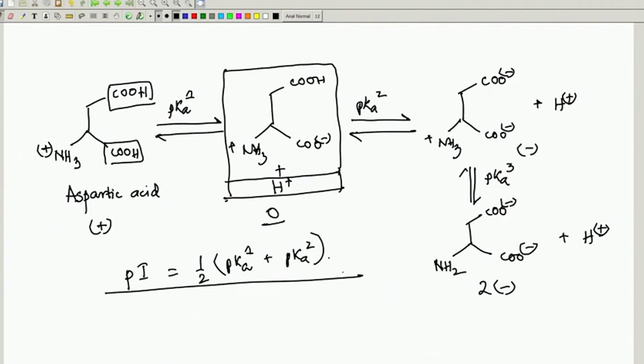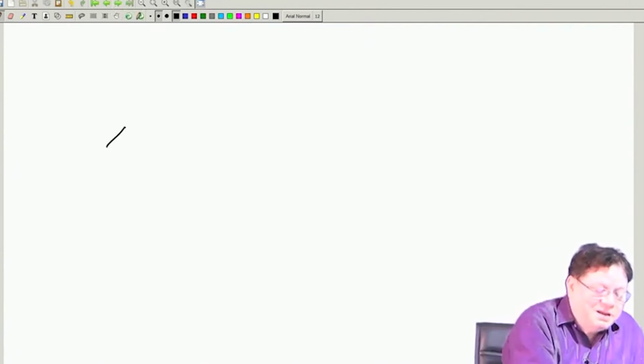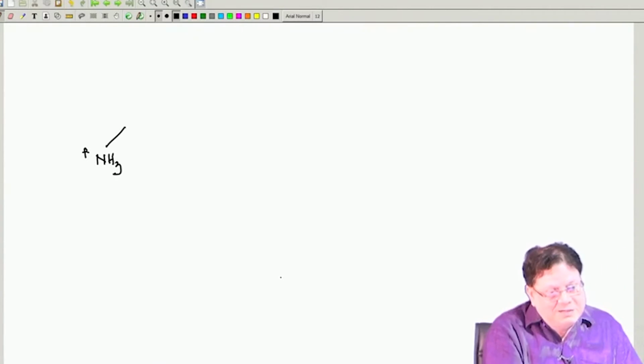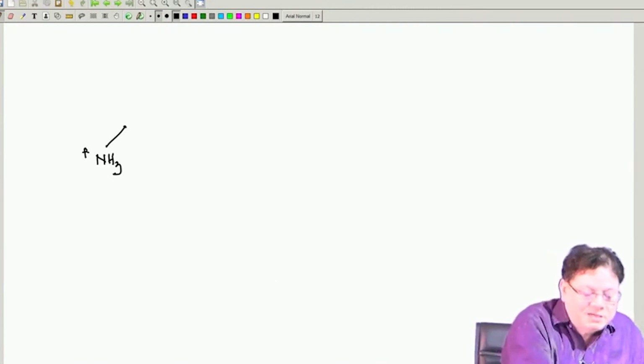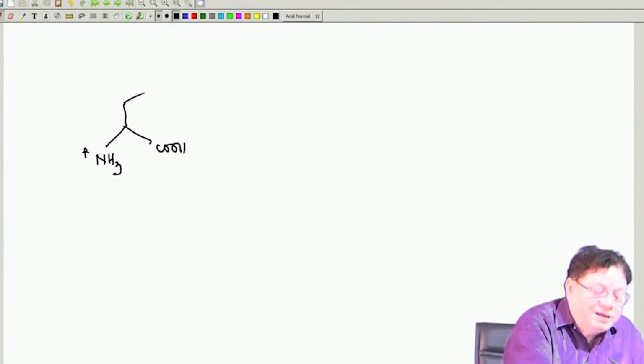Okay. Now, take the other type of amino acid where there is a basic side chain. You will see exactly the reverse of what we have seen earlier: in case of aspartic acid it is the average of the first two dissociations, the pKs, and in case of basic amino acids where you have a basic group here,